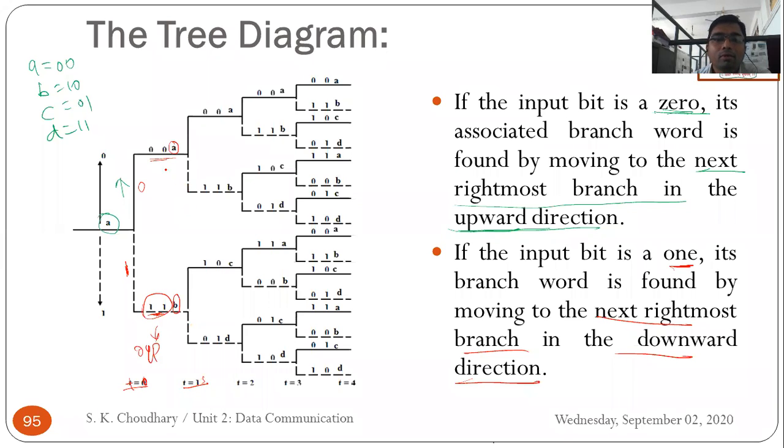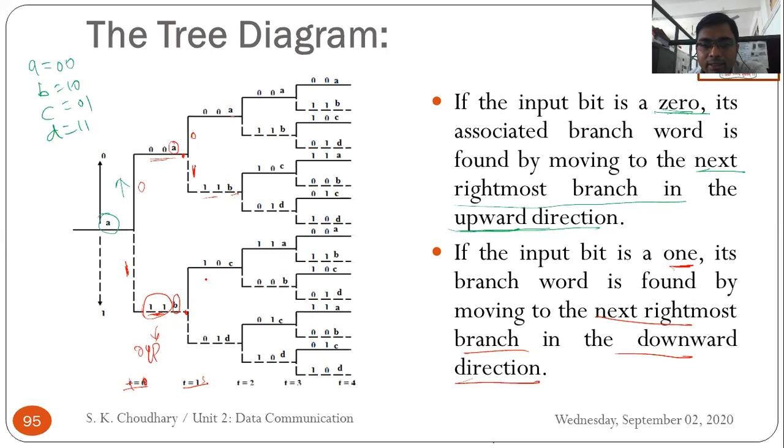What happens? Now at this moment we are here, and these 2 points A and B. At t equal to 1 second, again the next transition would occur when you receive a 0 or 1. So for 0 it goes upward, again the output is the same, 0 0, and the state is A. When we receive 1, the output is 1 1, and we come to the B state at time t equal to 2. But at the lower end, you have C.